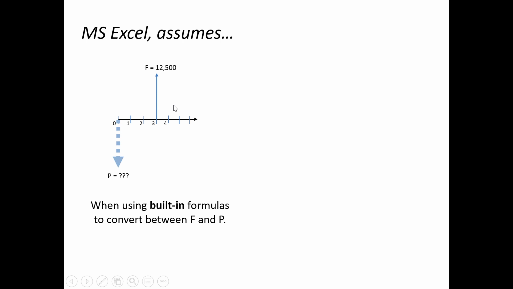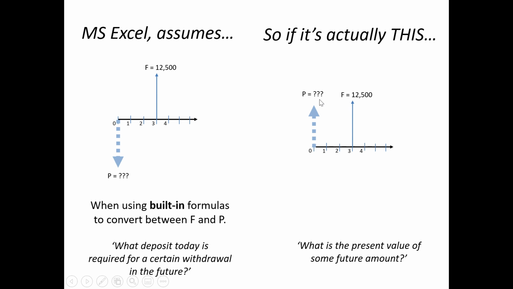If I just told it some interest rate, it will calculate P. But it's going to return a negative number when it calculates P, because it's automatically assuming that if I'm getting an inflow in the future, that must mean that I have to do a deposit at the present. And sometimes that's true, sometimes that's what's happening. But in other cases, we may actually want to know the magnitude of the amount, but not necessarily have Excel